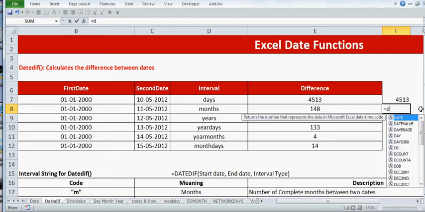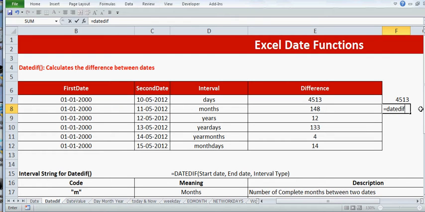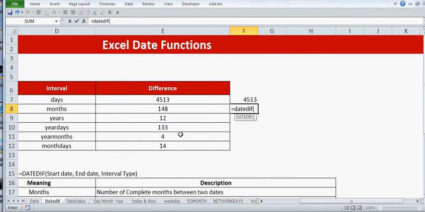For that, equal to DATEDIF, start the brackets. First date is B7, comma, C7, comma. Just see the syntax which we are using. For months, it's M. So around 148 months are between these two dates.